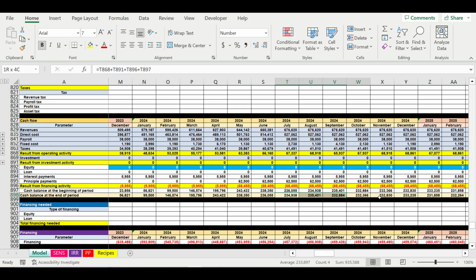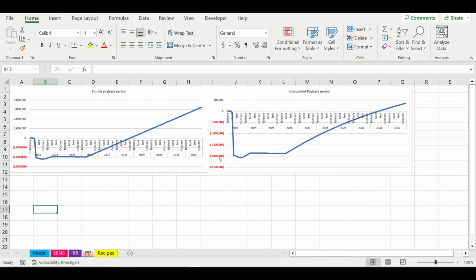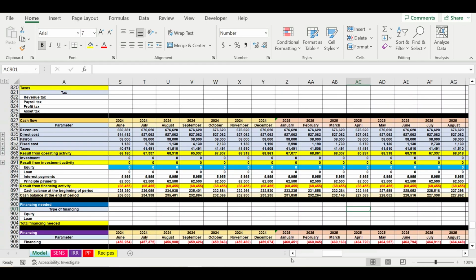Looking at the simple and discounted payback period, you're able to notice this story. And looking at the cash flow statement, you're able to see why this is happening. So in this case, for example, when the loan is over,